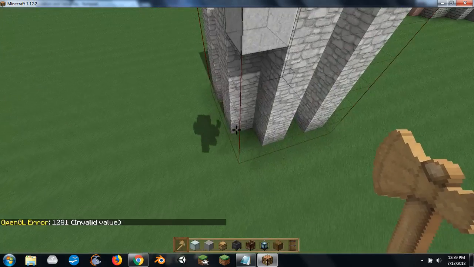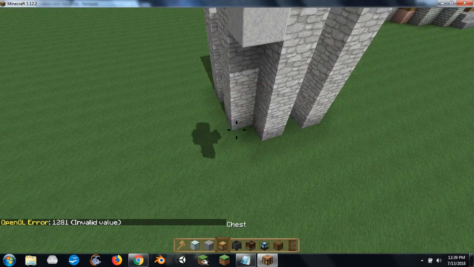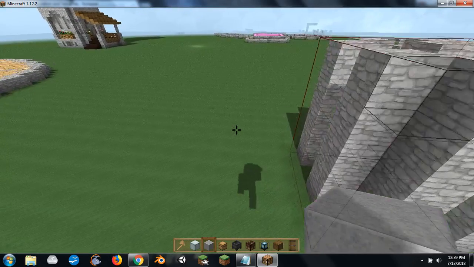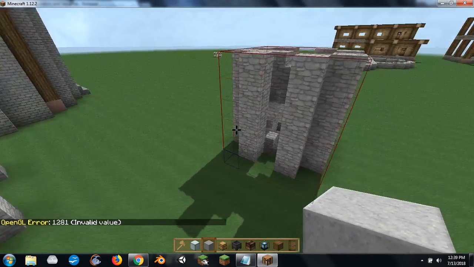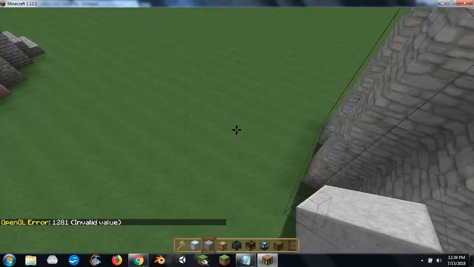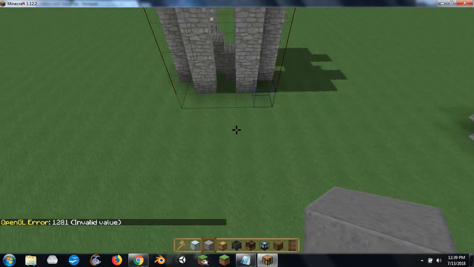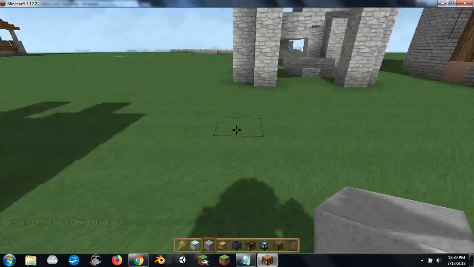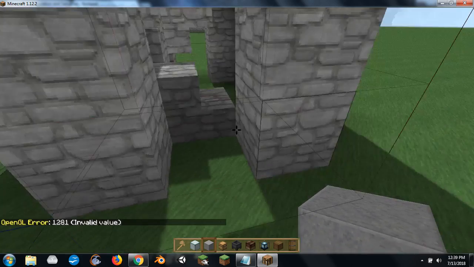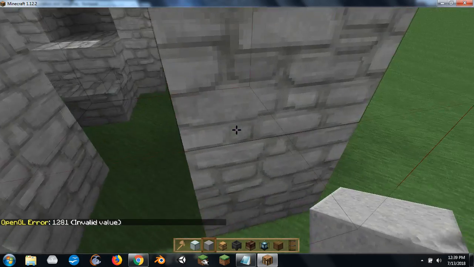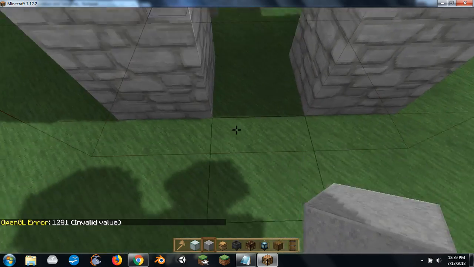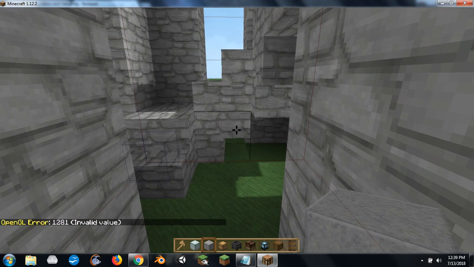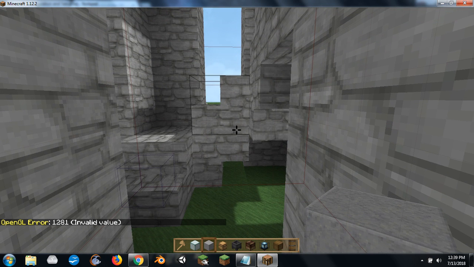Now you don't want to do like me and leave your little block there that doesn't belong there when you save the schematic, so you want to get rid of that. You want to find wherever it is that you want to call the front of your structure. In this case, I would probably want here. This is where I will save it from. I'll save it right from the middle. We're just on the outside of this, so it saves right in front of me. And I will do